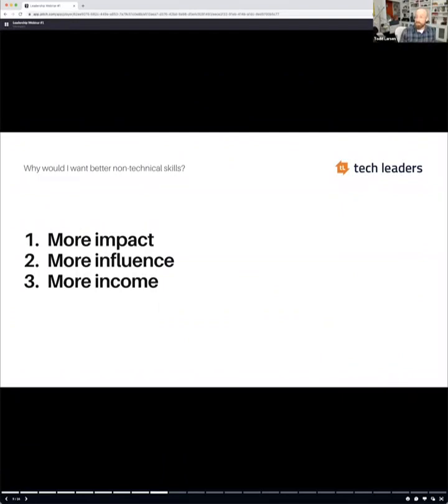And oftentimes, as your scope of responsibility increases, so does your income. And so if you care about affecting more users than you're currently affecting on the team that you're on, or creating a product that has a larger footprint, or affecting a larger piece of the organization of the company you work at, all these things are good reasons for why you would want to invest in your non-technical skills.